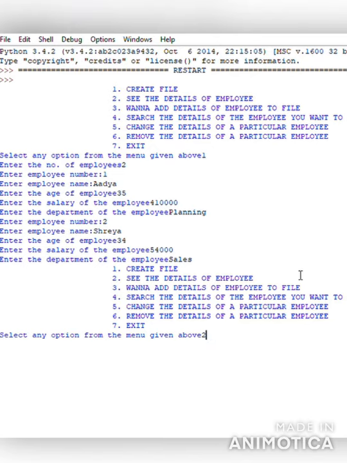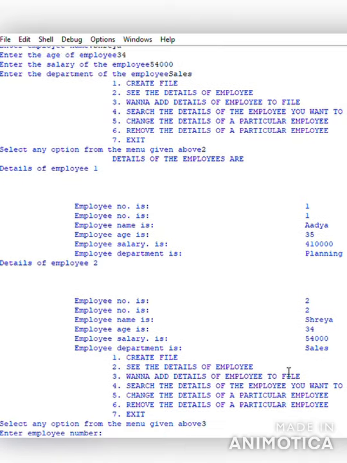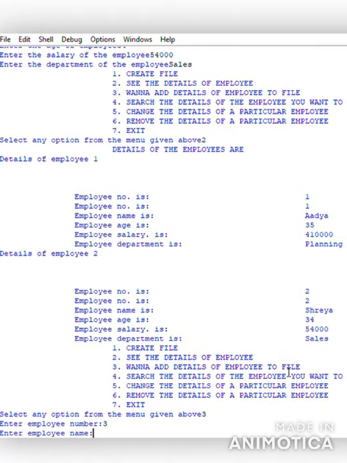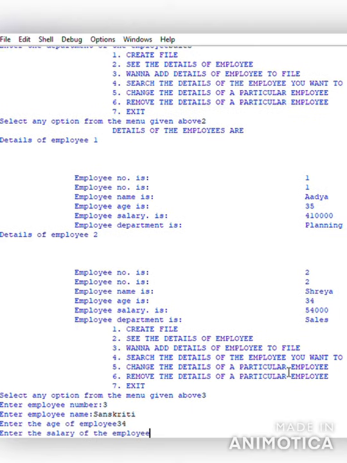Now if I want to add more employee details, I'll choose option 3. Previously I have entered 2 employees. Now I'm going to enter employee 3. And then the details, and it will ask you the details of the employee.